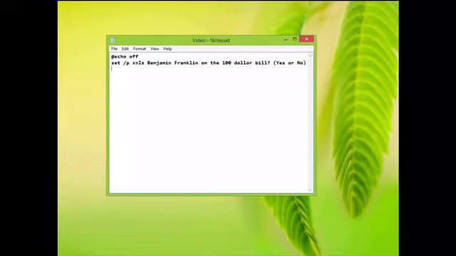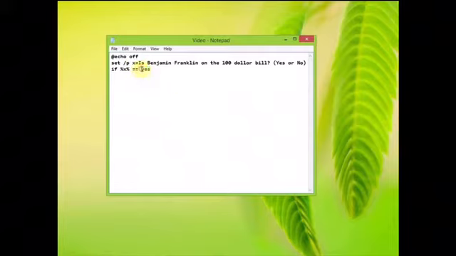So what we could do is, if the variable x, in this case whatever we input, whatever we write, if x equals yes.